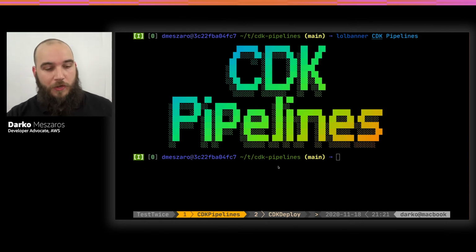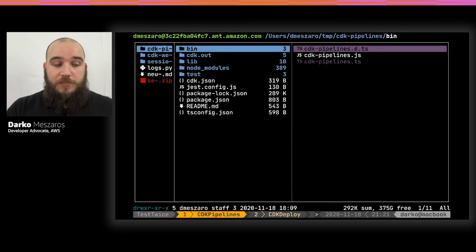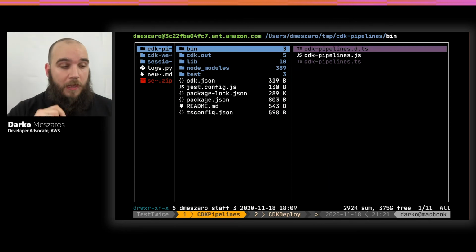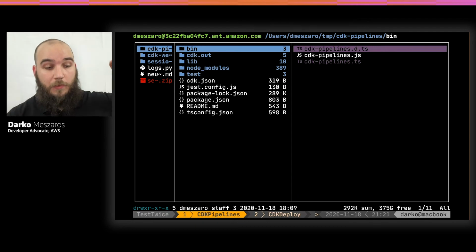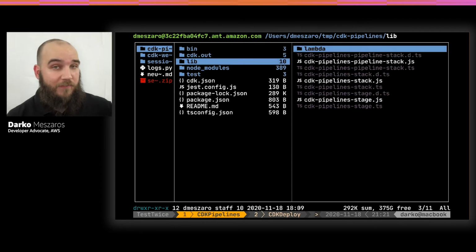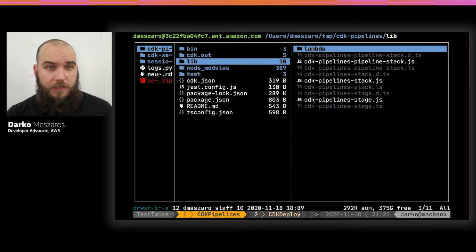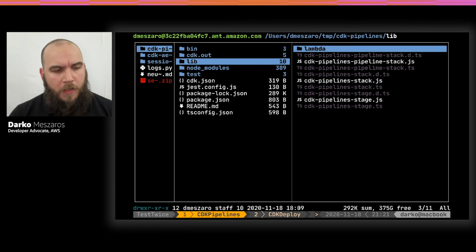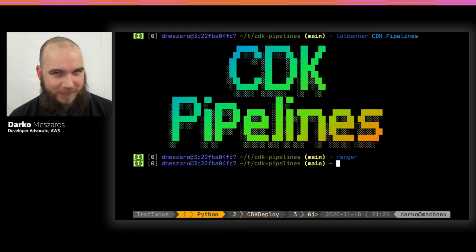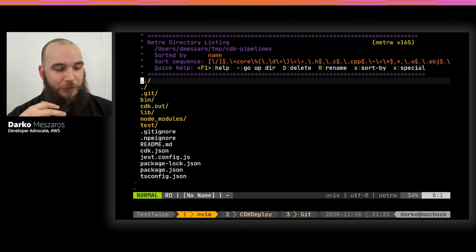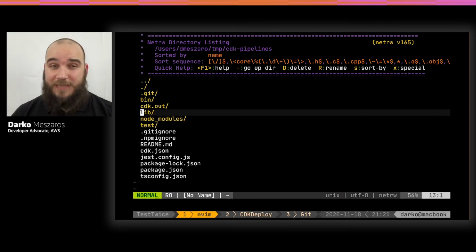So what you're going to see right here now is a directory where I have created my CDK pipelines application. It actually consists of 3 different stacks. Once we go to the lib directory here, we will see that we have our standard stack, the application stack, we have our Lambda function, we have our stage stack, and we have our pipeline stack. I'll go through each of these to explain what they are and why they are important. So first thing we're going to have a look at is the actual stack, the application, our hello world of this demo. So going to the lib directory, it's going to be the CDK pipelines stack TypeScript file,